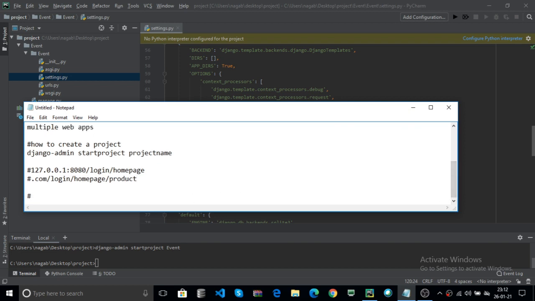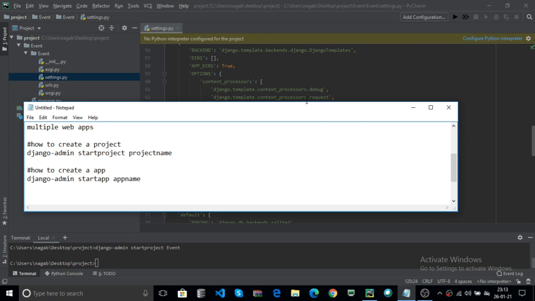How to create an app, for example, by using django-admin startapp with the app name. Instead of startproject you use startapp with the app name.